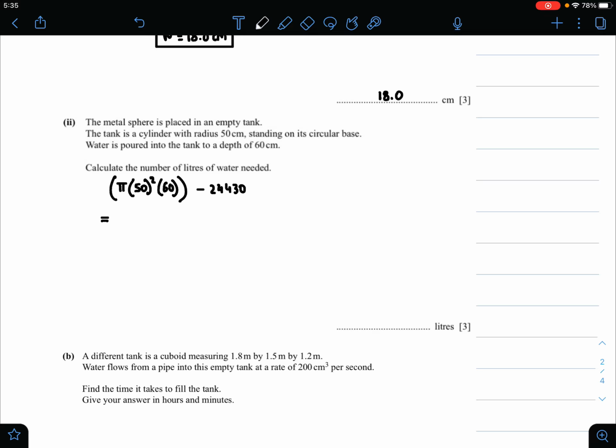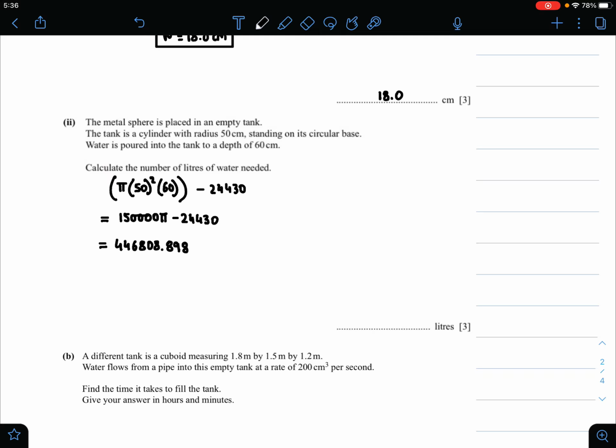Now 50 squared multiplied by 60 multiplied by pi is equal to 150,000 pi, minus 24,430. So your final answer for part A2 would be 446,808.898, and